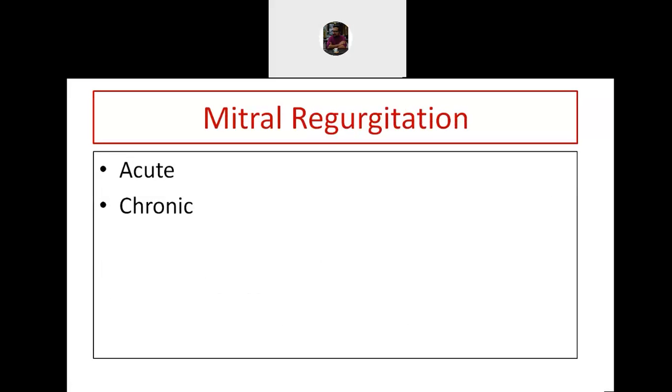So let us start with the discussion of the second mitral valve pathology, mitral regurgitation. Mitral regurgitation can develop suddenly by acute inflammation of the valve, or it can develop slowly due to rheumatic fibrosis. So it can be acute or